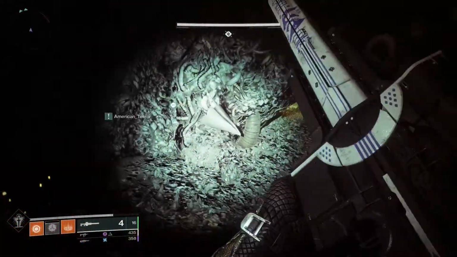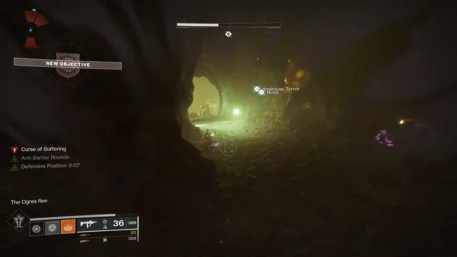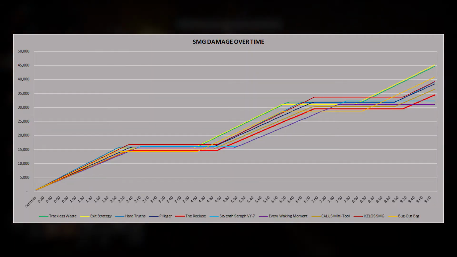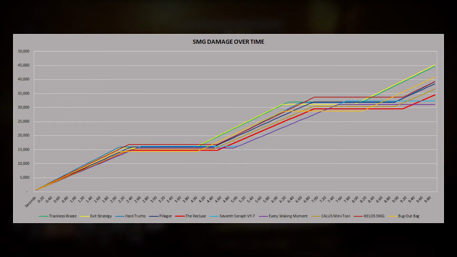Which again, keep in mind, this is in the time frame of 20 seconds of non-stop damage with all body shots, so not really a probable scenario, but this is just to give you an idea of each weapon's capabilities. If we zoom in and compare burst DPS, we can see that all of the SMGs are very similar when it comes to burst damage, but the Trackless Waste and Hard Truce just barely take the top spots as far